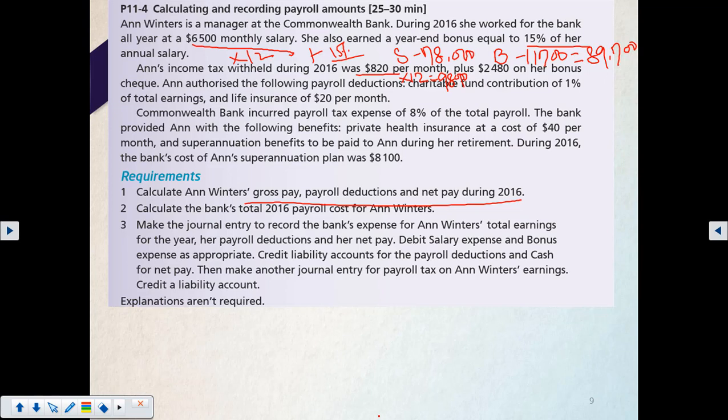So tax is going to be 9,840 plus 2,480 equal to